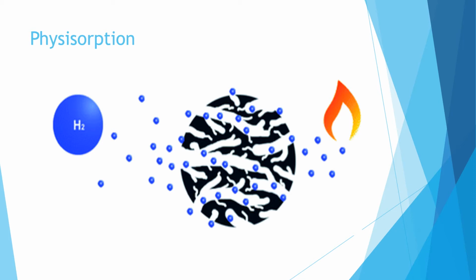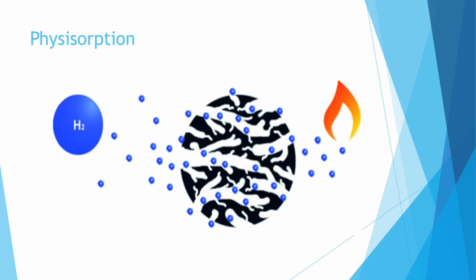Physisorption. The storage of hydrogen can rely on physisorption because the adsorbed gas can be released reversibly. There are different mechanisms of adsorption depending on the geometry of the adsorbent and the temperature of adsorption.